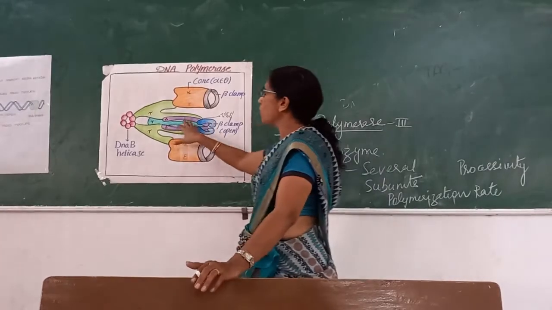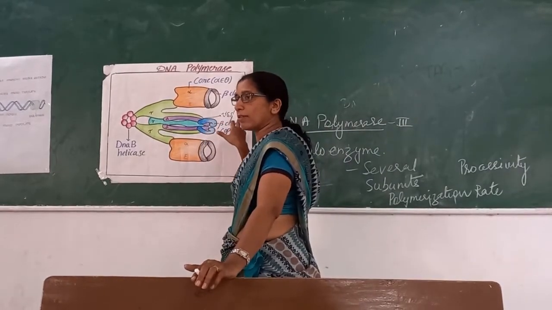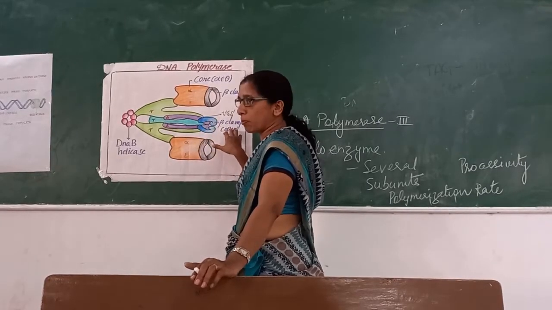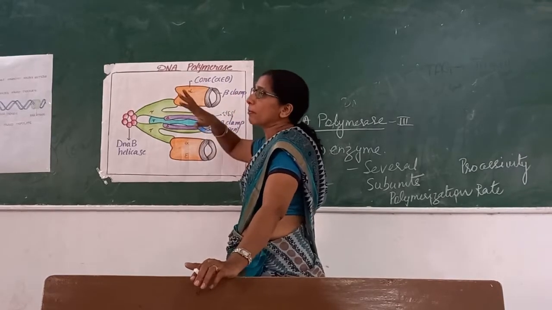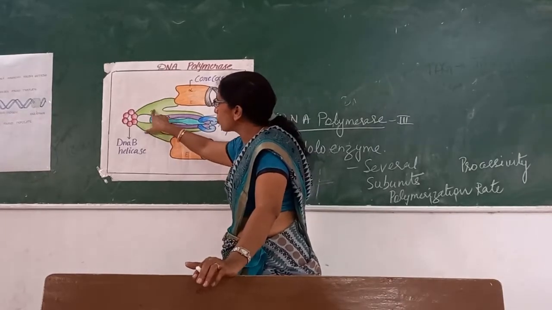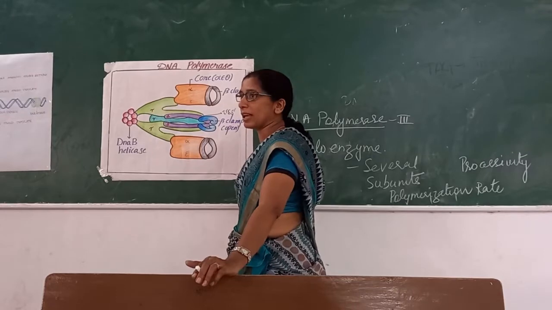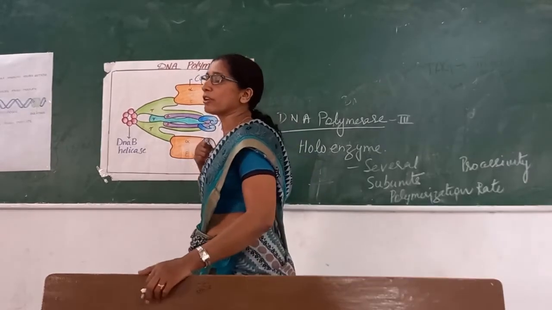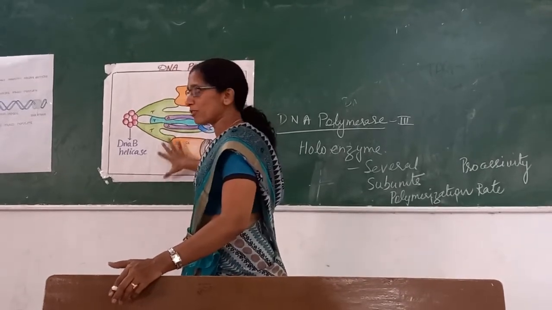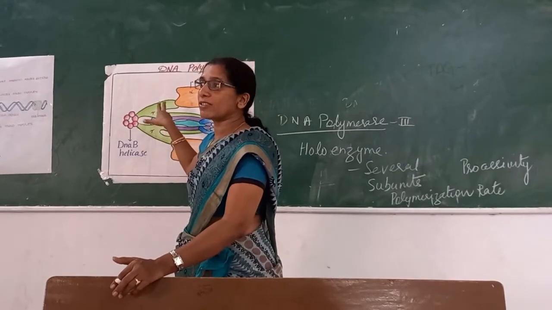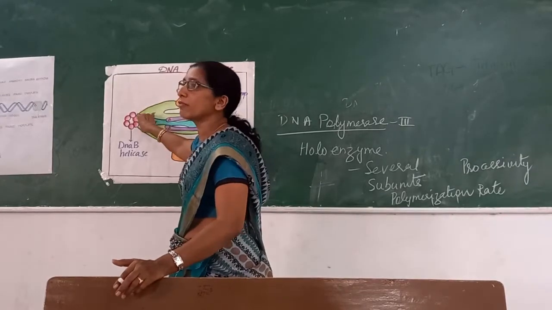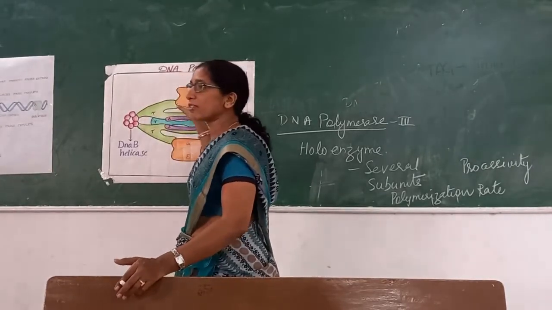In this you have tau, you have gamma, you have delta. The 5 units together are called the clamp loader, which helps the beta clamp opening and the sliding for processability. You can see here the tau is connected to your DnaB helicase enzyme. What is the role of helicase? It cuts the hydrogen bonds between the 2 DNA strands. So this is the huge enzyme. Chi and psi are not shown, but they are somewhere here, keeping this clamp connected to your helicase. So these are the several subunits.